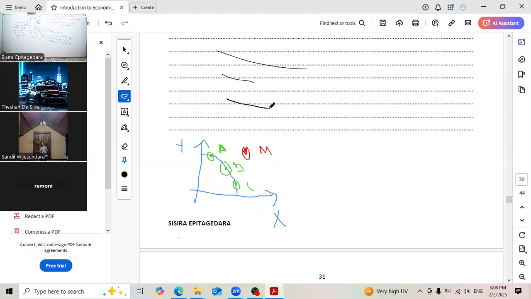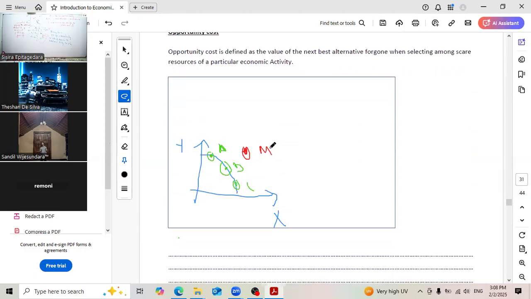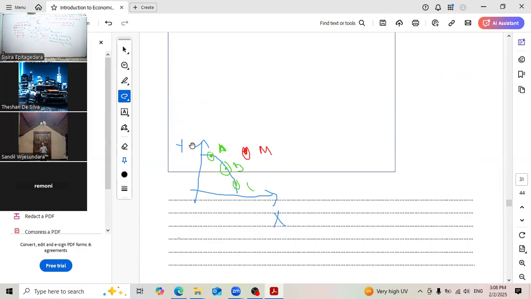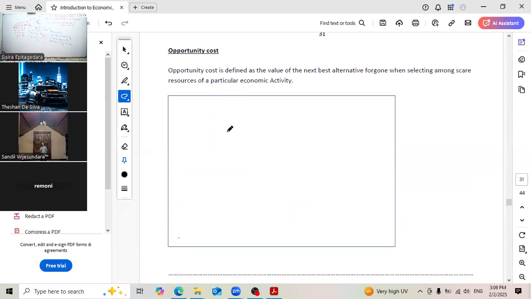Here you can explain the 3 points. Then next, is that clear? Yes or no? Yes, sir. Okay. Then opportunity cost. Right, opportunity cost. When showing opportunity cost,